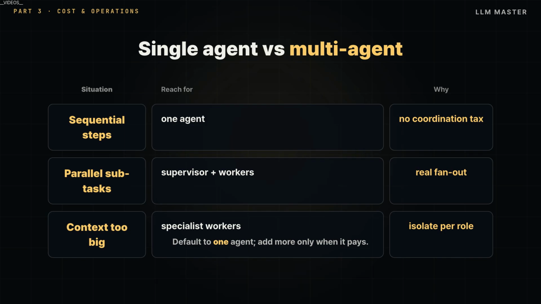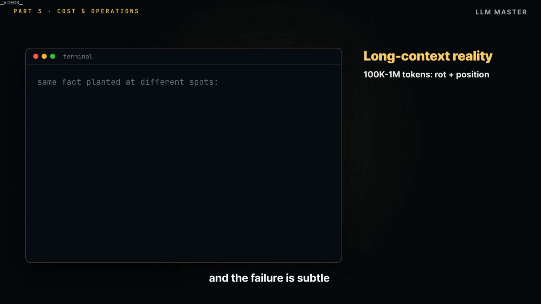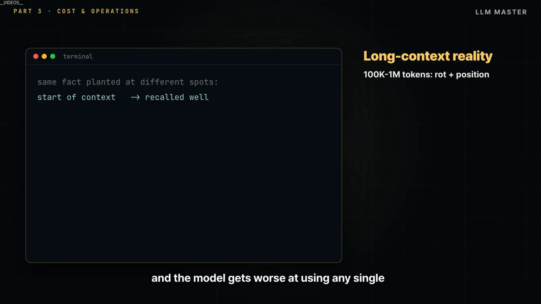Usually it doesn't. Bigger context windows, 100,000, a million tokens, feel like they solve retrieval, to stuff everything in. They don't, and the failure is subtle. Models suffer from context rot. As you pack more in, attention spreads thin, and the model gets worse at using any single fact, even one